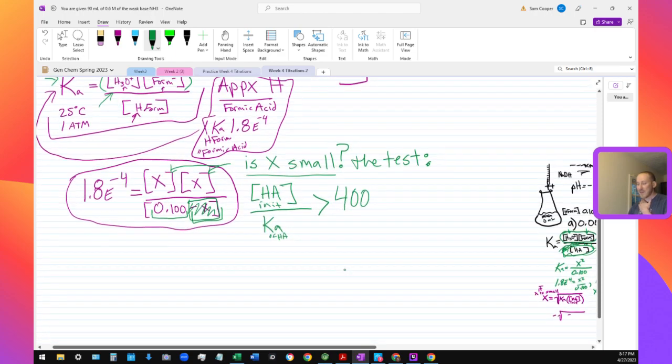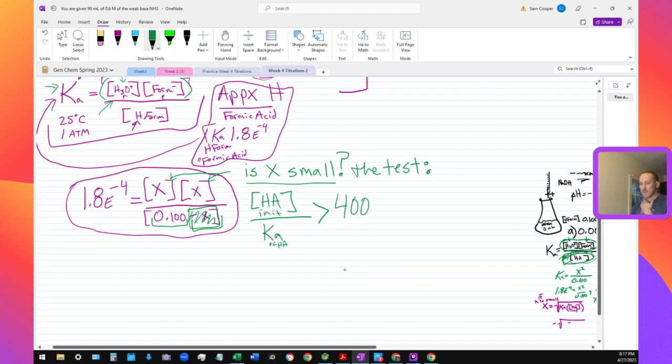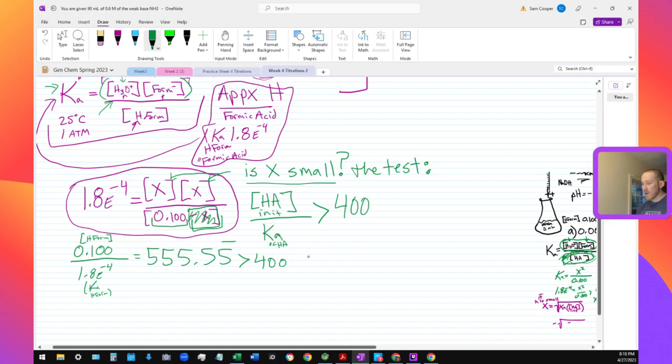But I happen to know that in this case, if you divide, and you could find this out very easily using a calculator, the given initial concentration of our weak acid, which was that, right? That's our concentration of HCOOH given in the question, and we divide that by the Ka that was obtained from the table, then it equals, according to the calculator, 555.5 repeating, which is not way bigger than 400, but bigger than 400. So yes,